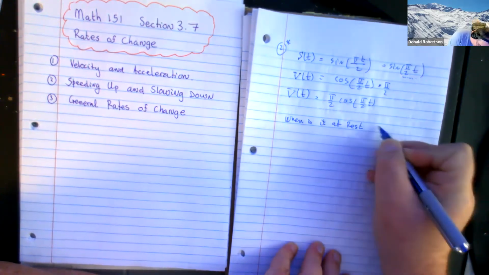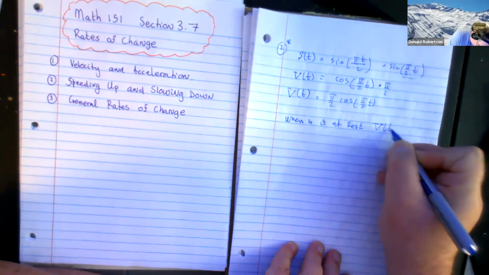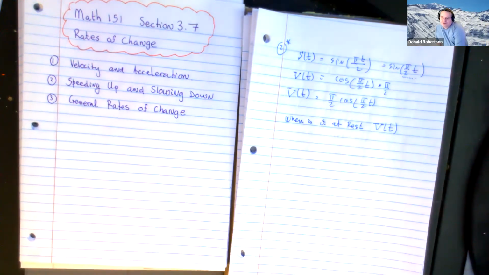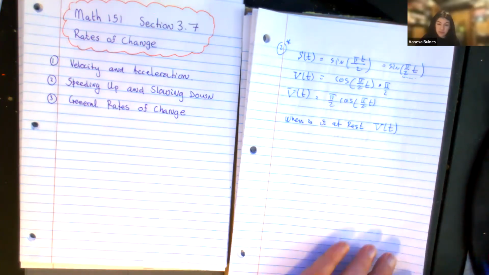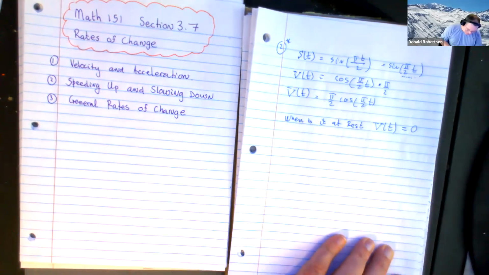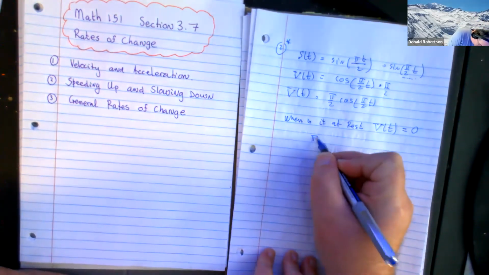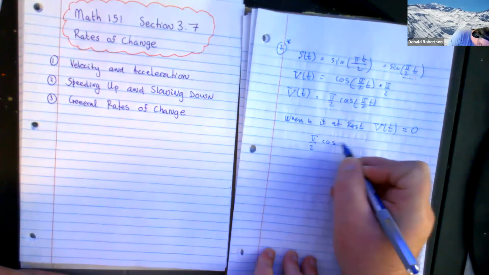See if anyone can remember. What is the value of the velocity when an object is at rest? When velocity is equal to 0. Okay, so we are now going to have to solve a rather weird, awkward